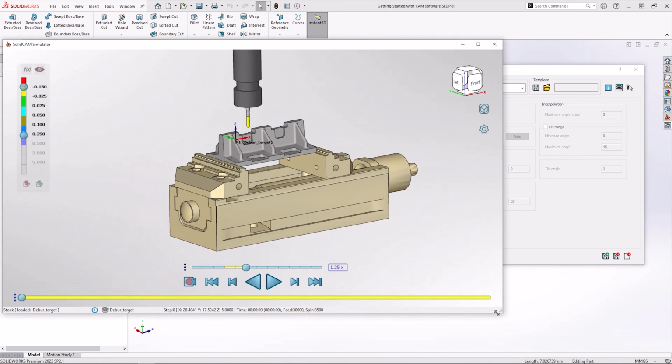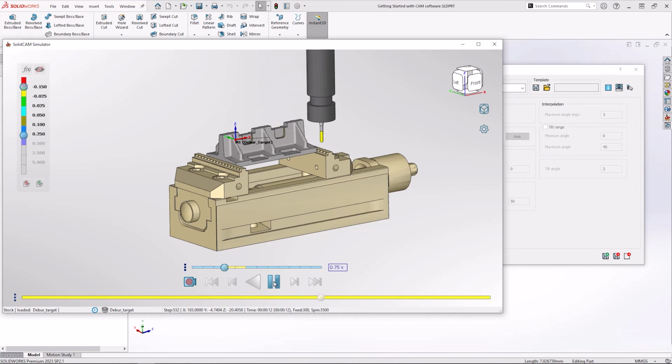From here, let's expand the simulator and play this through again to see how our change to move to 3 axis has affected our toolpath. As we can see, the tool is still clearing up the chamfer that we want to the thickness that we require. However, it's having to do a few more movements to make sure that this is constant. This is because we've taken out the limitation of it cannot move in a rotary axis or a tilt axis.